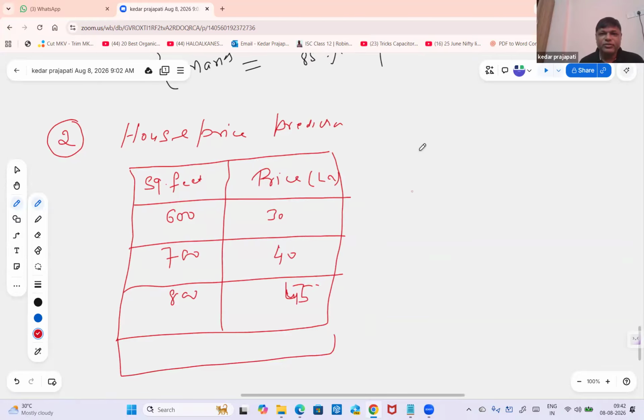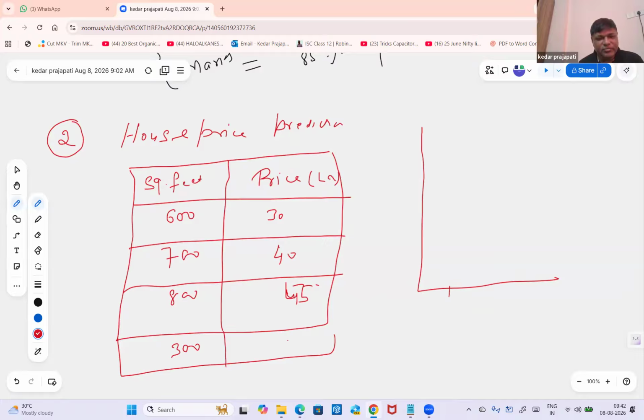So here also you will use the linear regression model. Machine will see how you are learning, right? If square feet size is changing, if it increases, the price will increase. If it decreases, suppose someone is selling a 300 square feet house, somewhere like 15 lakhs will be the price. So your data set will be like this, and you have to analyze the data set and then select a model. So here also we will select linear regression.